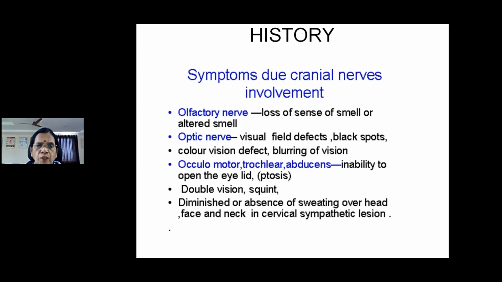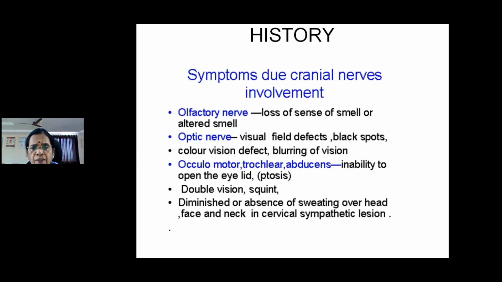When the oculomotor third nerve is affected, the patient will usually have ptosis. I will show all those things later. If the patient says, my eye is closed, I am not able to lift the eyelid, that is called ptosis, which may be due to a third nerve palsy, an oculomotor paralysis. Or the patient may have a partial ptosis, which indicates Horner syndrome. Usually complete ptosis indicates the third nerve, and if it is partial, it is a cervical sympathetic lesion, that is, Horner syndrome. You have to think of it.